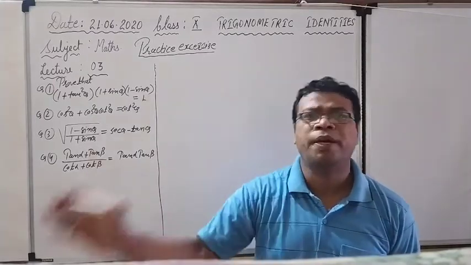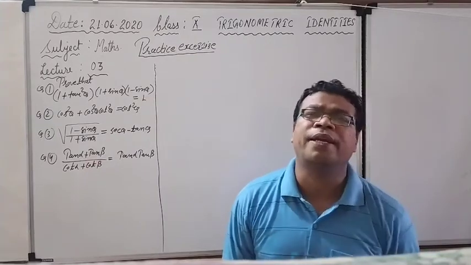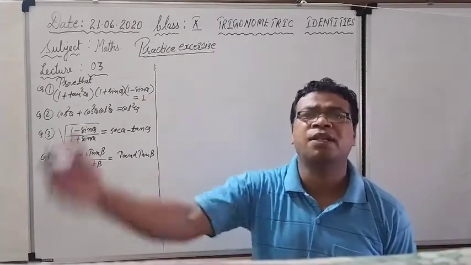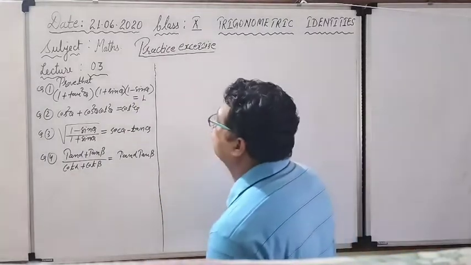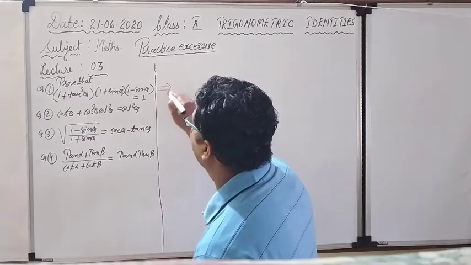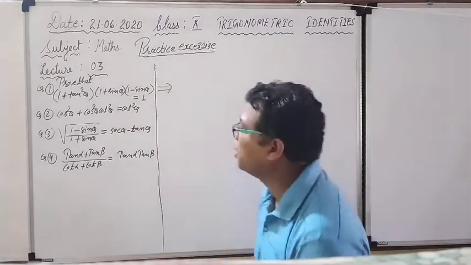Some trigonometric identities will be given to you, and you have to prove that the left hand side is equal to the right hand side. Same thing that we did in the earlier chapter, trigonometric ratios. Right now see what we have to do and how to start. Again and again I am not going to write down the question; directly you will understand.